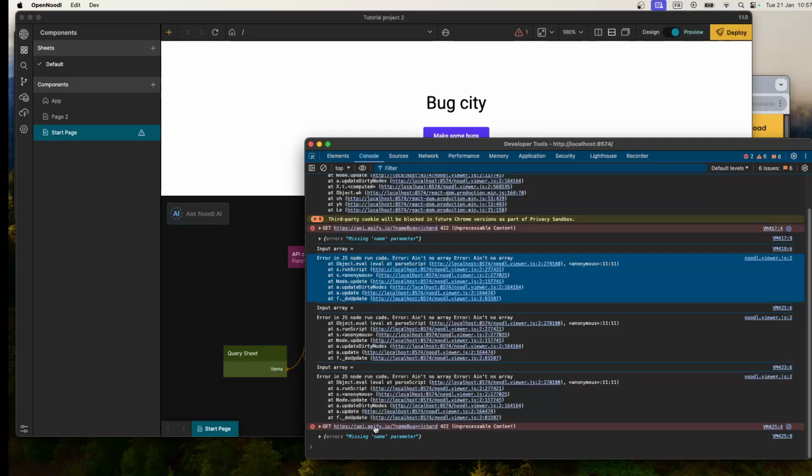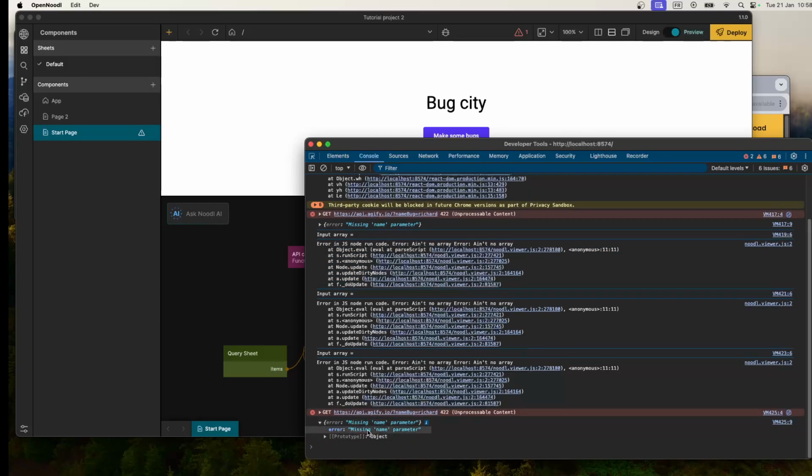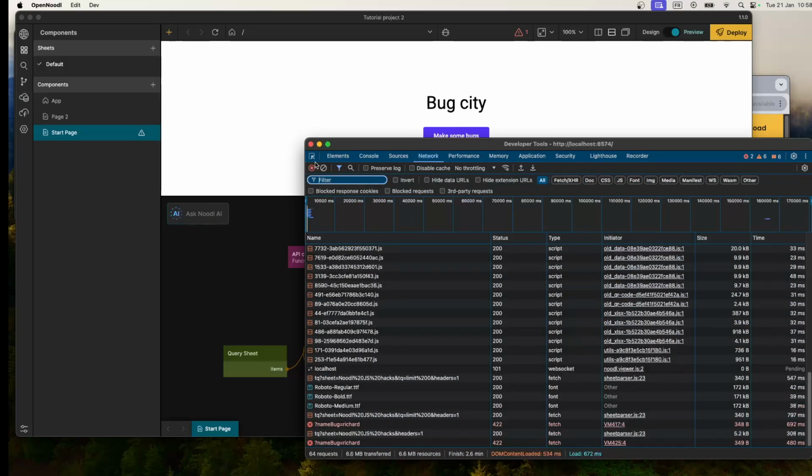So it's done a GET request to... unprocessable content. It's thrown an error, and we can see here, missing name parameter. So it's great, we get that in the console log. We could also check the network tab. So if we clear this and start again,